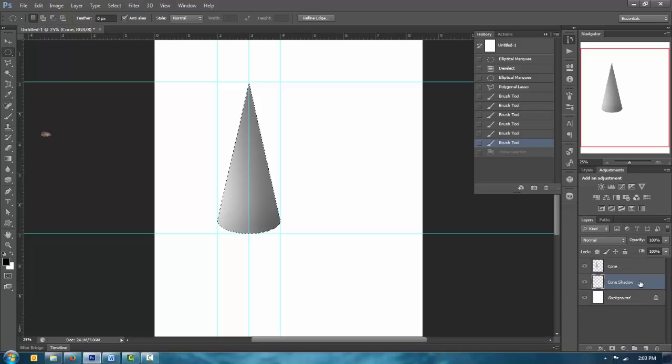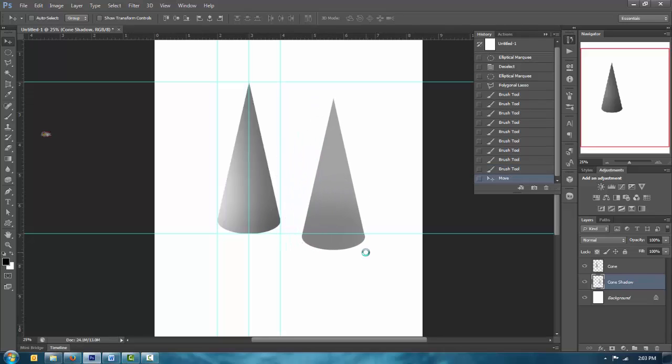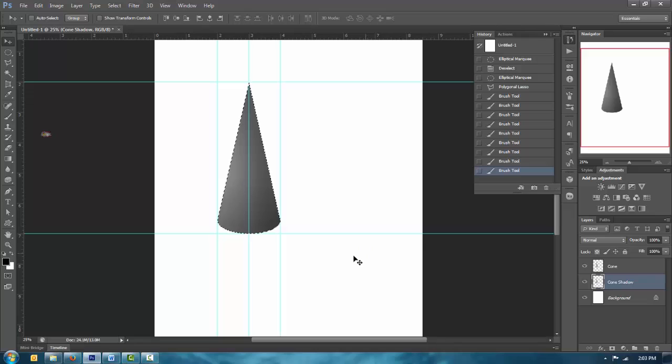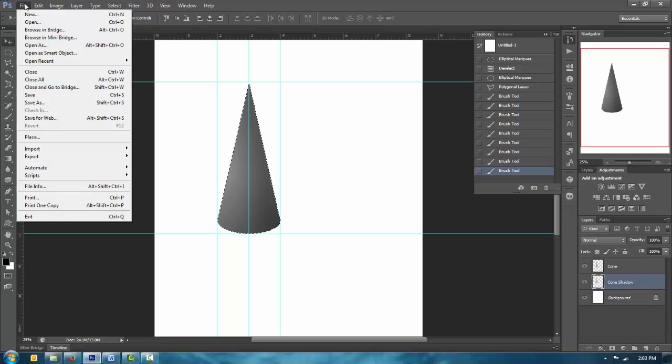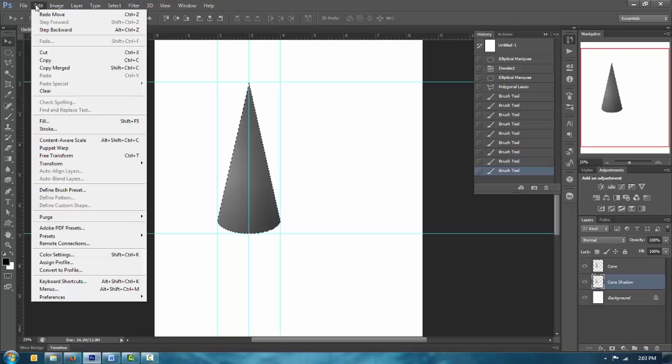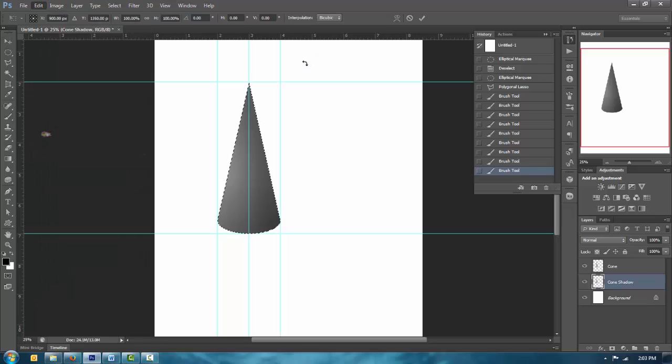So at this point I'd like to do the shadow. I'm going to go to my shadow layer and I'm just going to color it in separate. Okay, so what's happening here is I'm actually getting two of the same cones. But another way that I can go about taking that shadow and making sure that it matches is I can go up to Edit and pick Free Transform